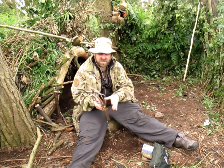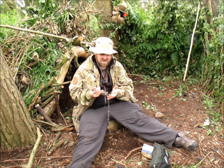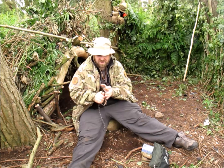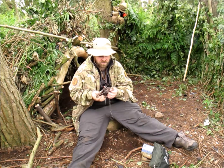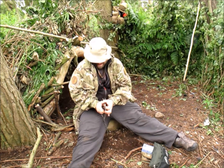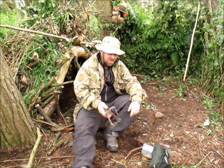Obviously, with a trap like this, they can break. If you're out in the wild in a survival situation, you're not gonna have the facilities to fix this if it breaks. So being able to make your own traps is definitely what you should be aiming for. I can't get it back together now. I give up. Anyway,